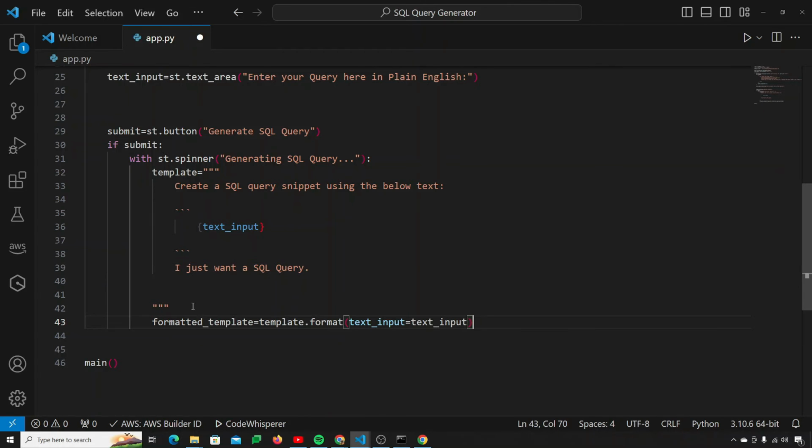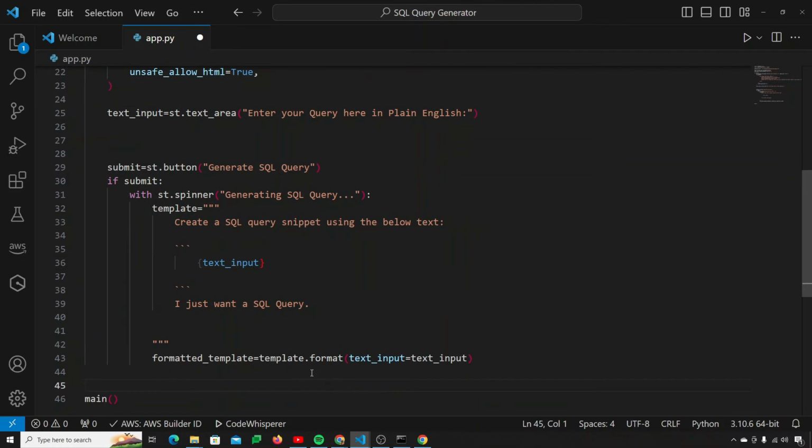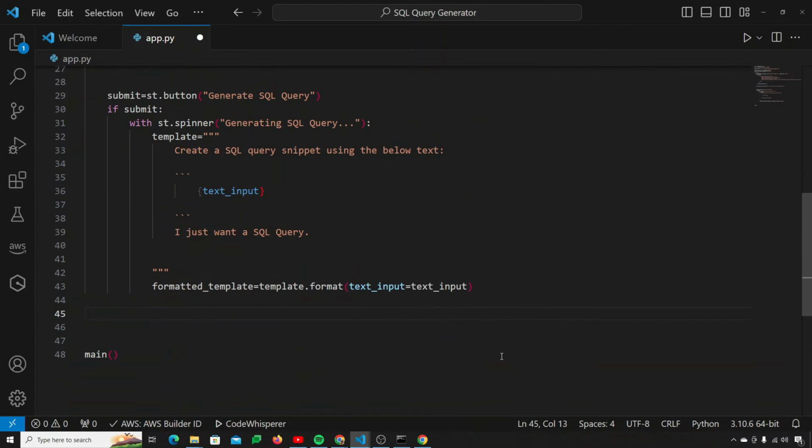So yeah, this one is fine. Like template.format, and I can specify that text input, which is here, equals text input from above. Okay, so this thing is great. Now let me try to write it on the screen so that we know what our